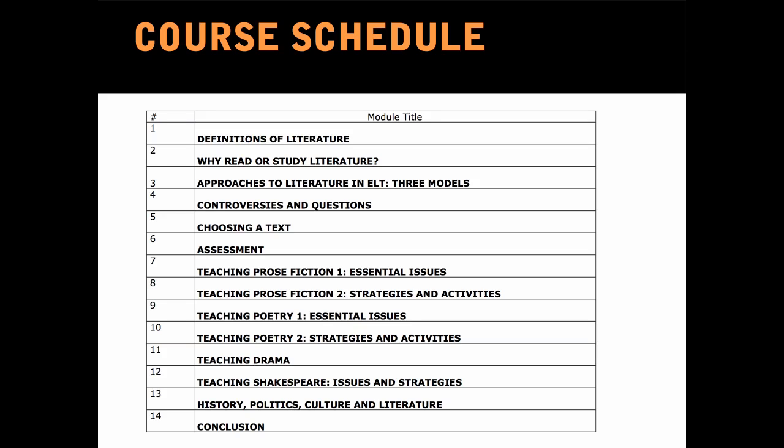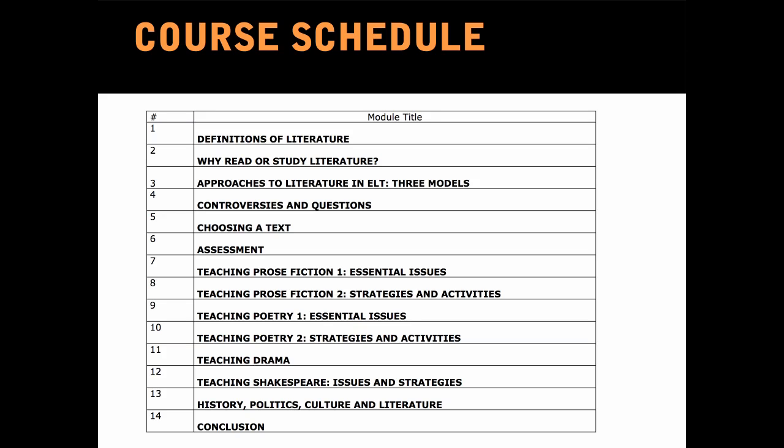Sixth, and equally important as text selection, is the assessment. We all know how motivated students are by the grades they will receive at the end of their course. Well, you need to, as literature teachers, choose an appropriate method of assessment, one which will hopefully challenge the students, but also measure various levels of skill and critical thinking, which we hope literature will foster in them.